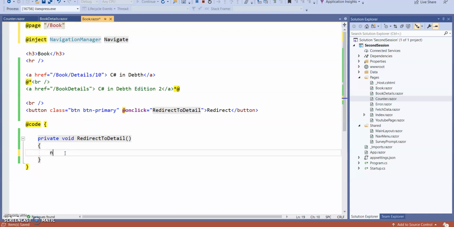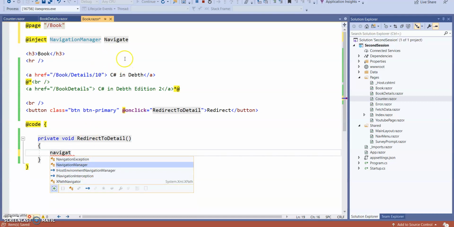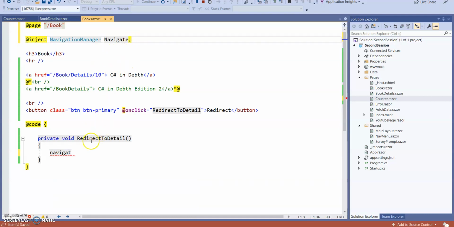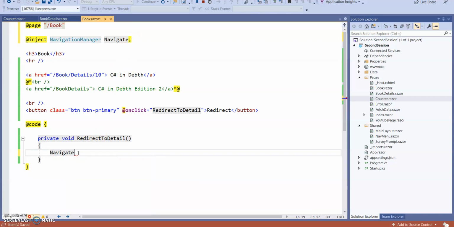Now here we can give Navigate dot NavigateTo, it will take a string parameter. So here I am sending, let's say, 20. Now rerun the application.